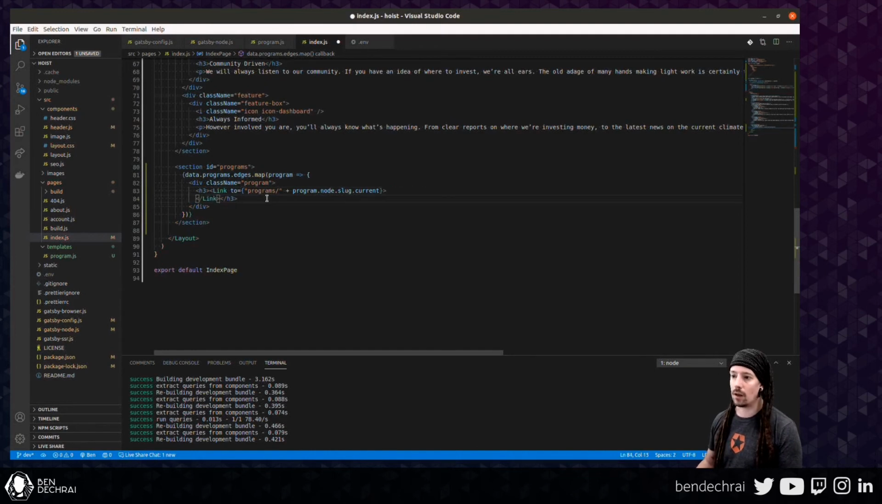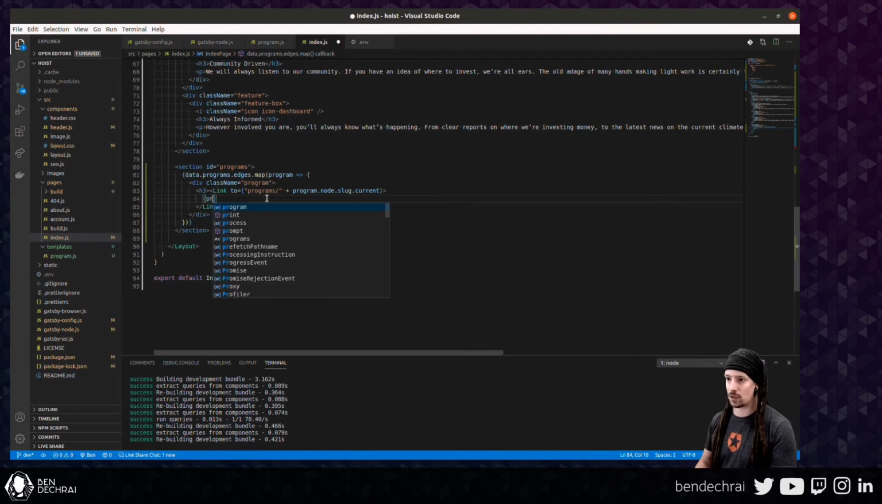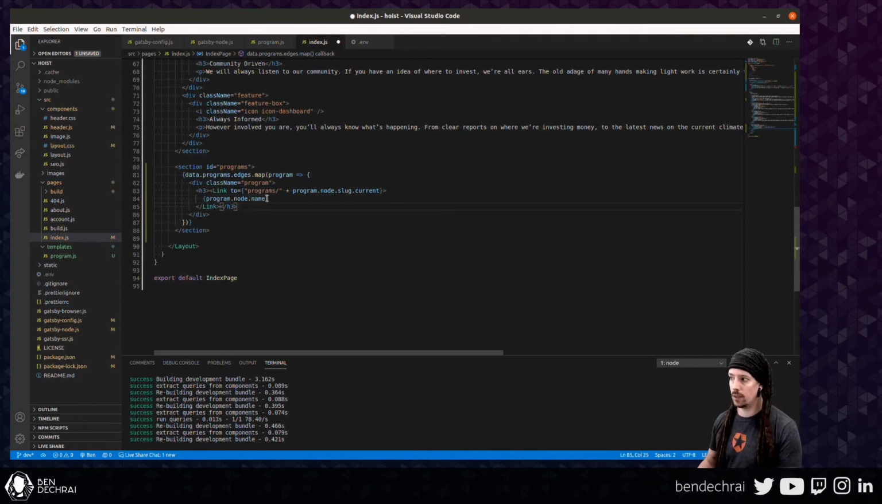So that's our link for the header. And the header itself is going to be the text which exists in program.node.name. Then we want to have a paragraph. We're going to link the, in fact, we'll put an image in here, but we'll put that in a paragraph tag as well. We want to link this to the same place. So if they click on the image or they click on the title,